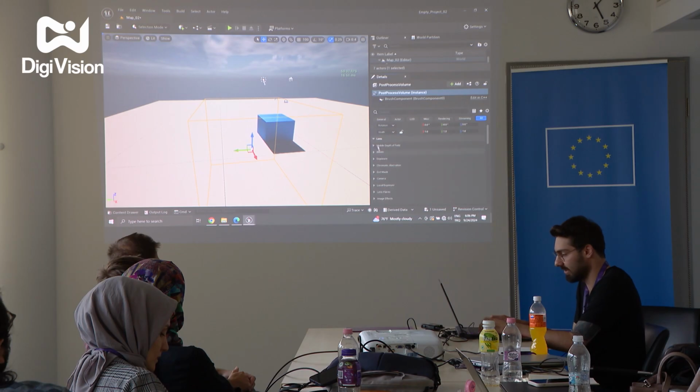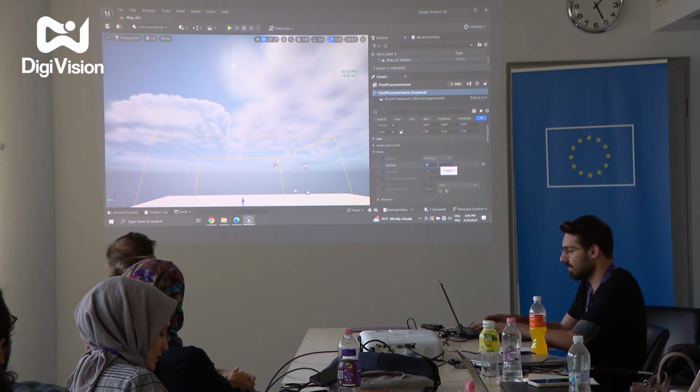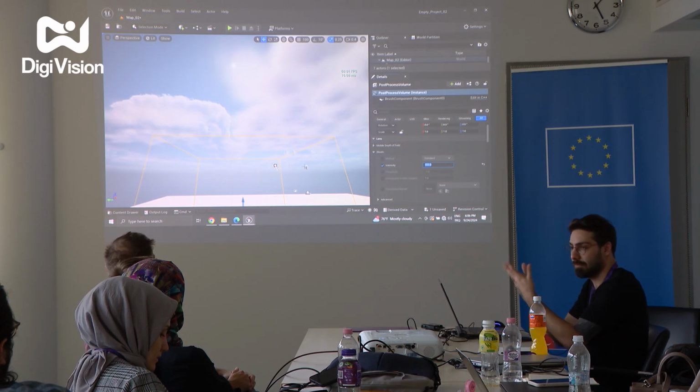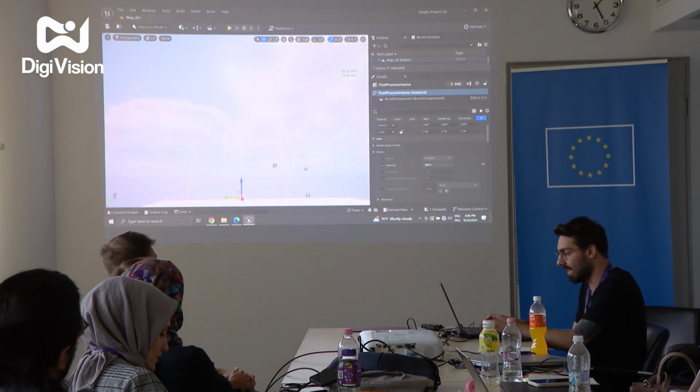Let's start with the lens. For example, we can add some bloom effects in here. For example, I just increased it, but there is no effect from the volume. I just need to enter the volume, and as you can see,